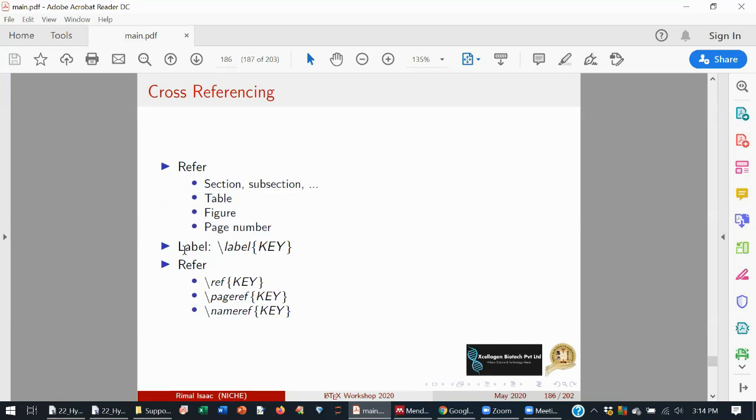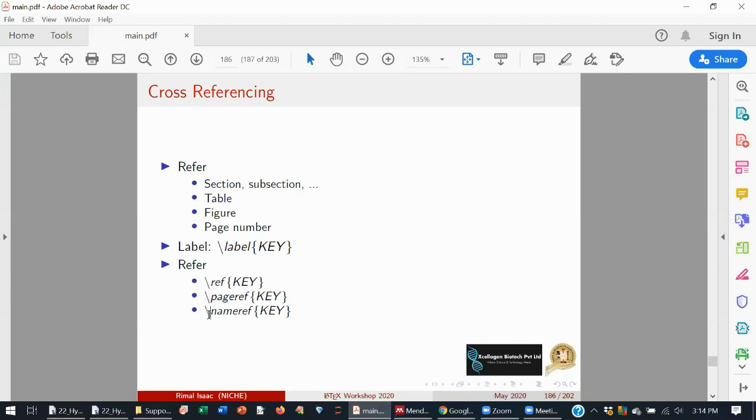Inside the table environment or the figure environment, you use \label, and inside the bracket you put a key, meaning some name like figure 1 or figure 2 or figure 3, or you can put it like chapter 1, first figure, some label you can give. For cross references you put the reference key, and this will cross refer the table numbers to this point. You can also have a page reference: if you put this command, it will add the page number to that point.